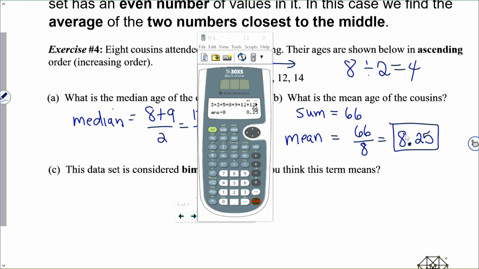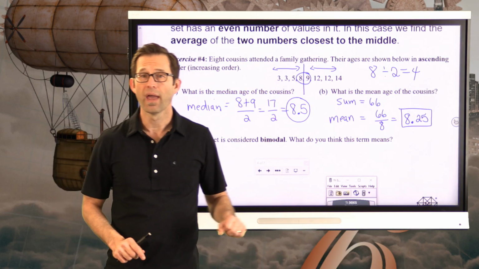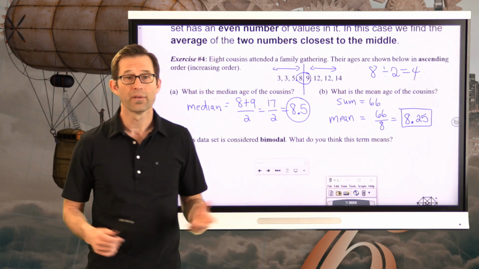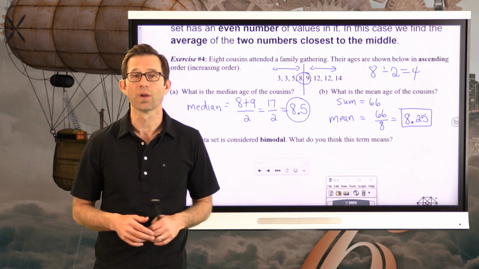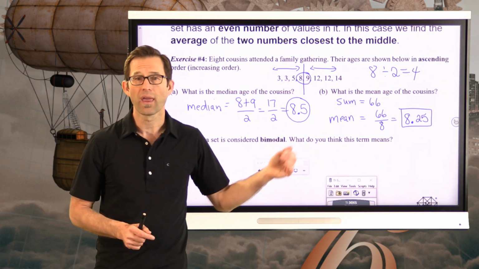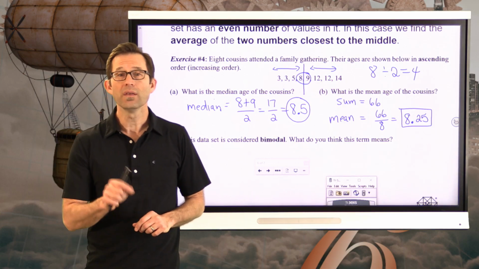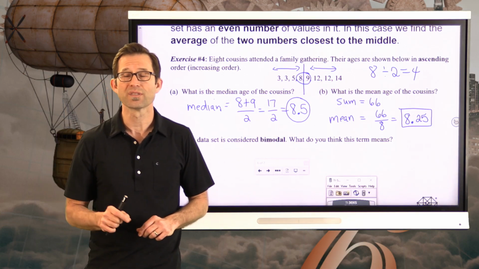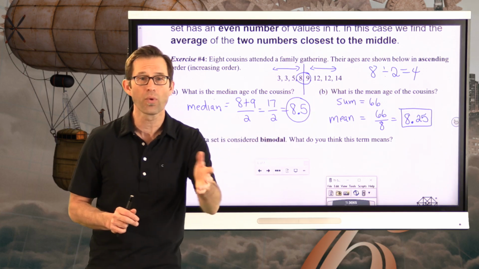All right. So we've got both a median of 8.5 and a mean of 8.25 that don't lie in the data set. Now you might even say to yourself, but wait, we measure ages in whole number years, so you can't have that or that. Nope, doesn't make any difference, okay? These are simply statistical measures. They don't have to be something that could lie in the data set, and that's important.